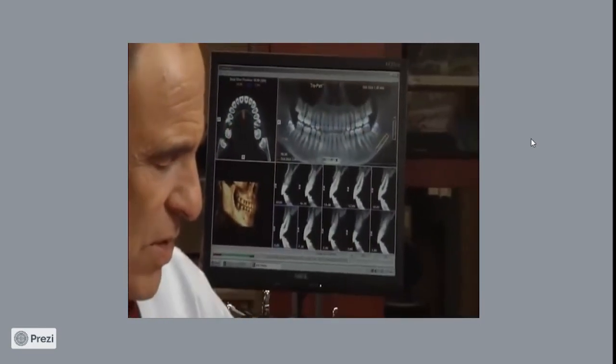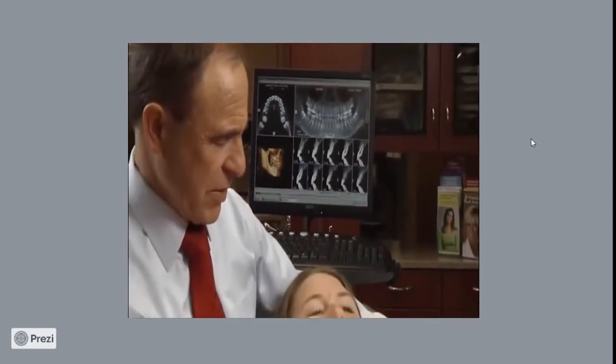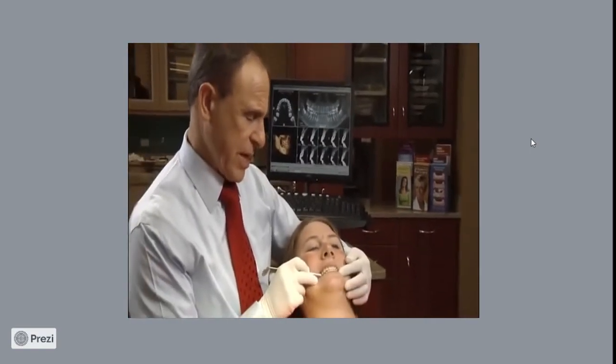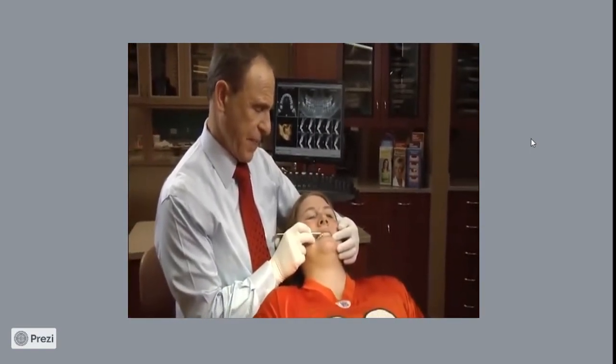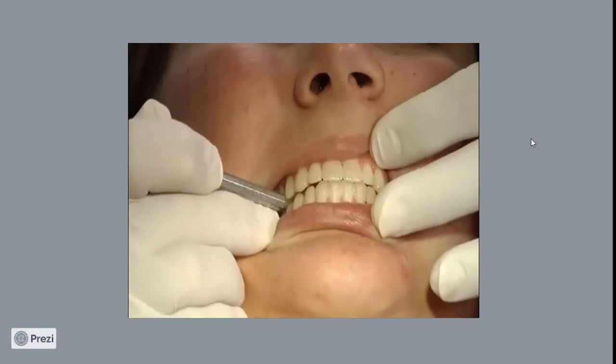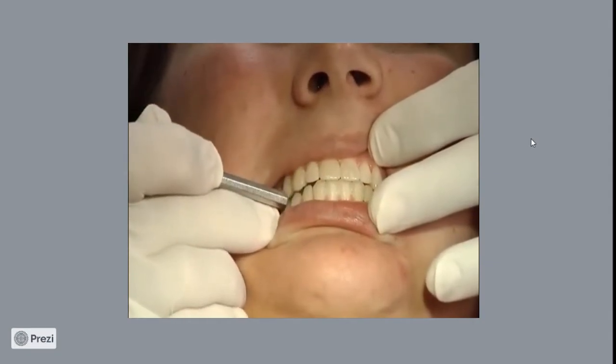Because of the likelihood that impacted third molars can cause problems now or in the future, they are generally recommended for removal when a person reaches the late teens or early 20s. Many orthodontists refer their patients to an oral surgeon for wisdom tooth extraction to alleviate hygiene challenges and minimize the possibility of gum disease, cavities, and other problems that could affect the success of orthodontic treatment.